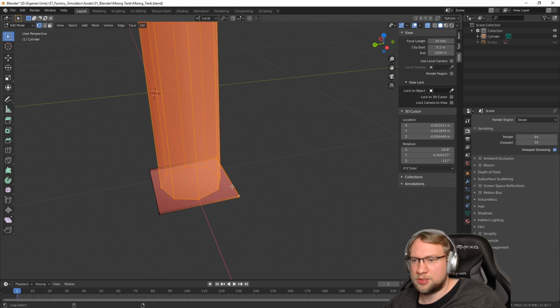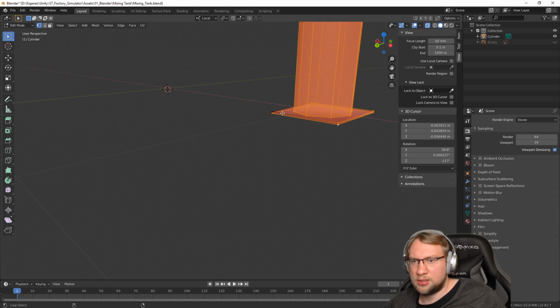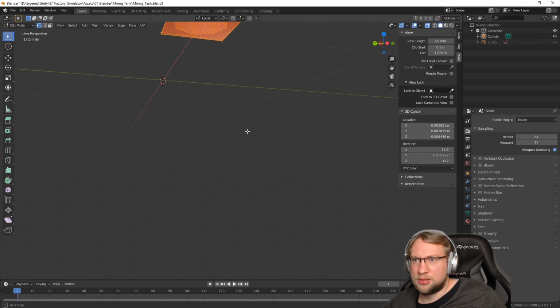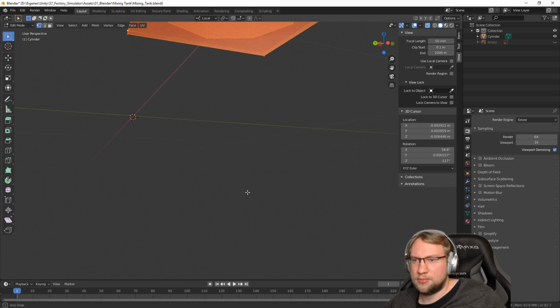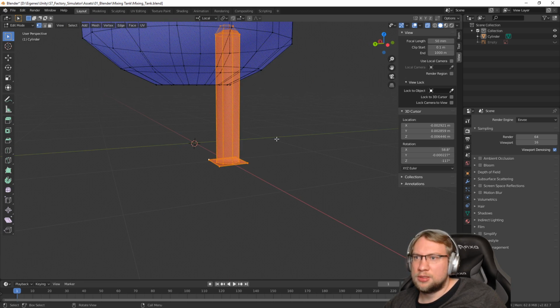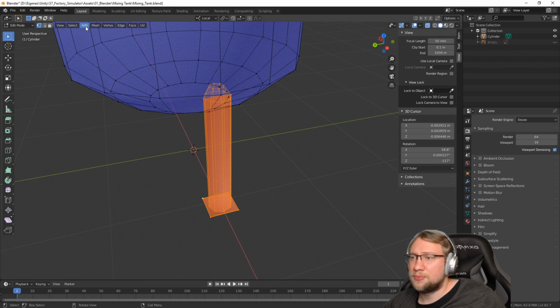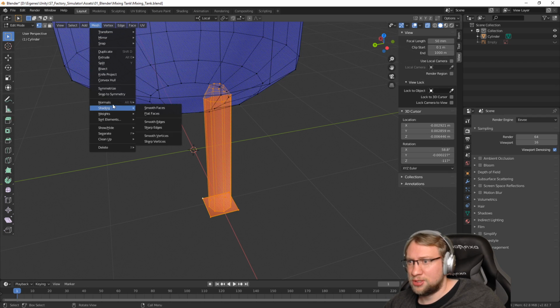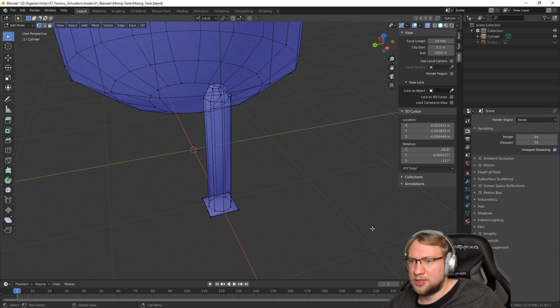Wait, oops. Why does it always only connect one vertex here? I hope I didn't miss any. Doesn't look like it. So, and now let's flip. What was the edge? I always forget where it is. No, mesh, normals, flip. So now,